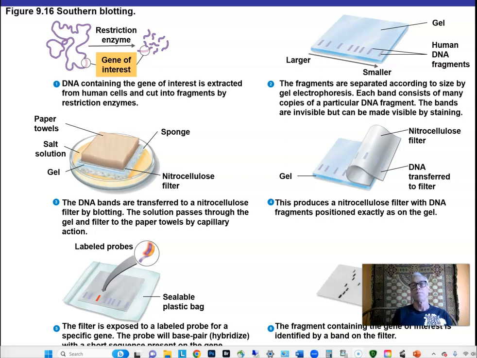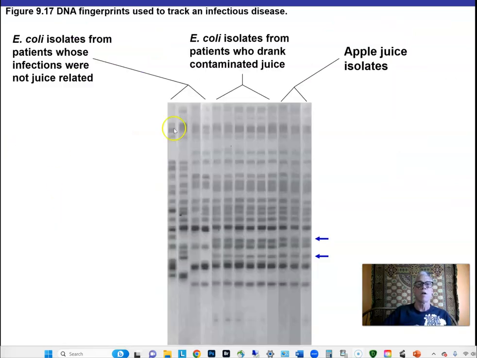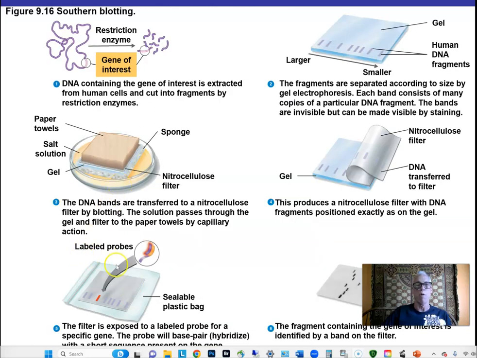Southern blotting is a way of identifying a particular gene or sequence of interest that's in some DNA by using probes, just like we talked about before. We talked about using probes for making a replica of a bunch of colonies on a plate. In this case, instead, we're going to cut up a genome, much like in this method. But when we separate all these fragments, instead of just looking for a unique band, we're going to use a probe. We're just going to take some genome, cut it all up into pieces, separate all the pieces on an electrophoresis gel, and then we're going to transfer